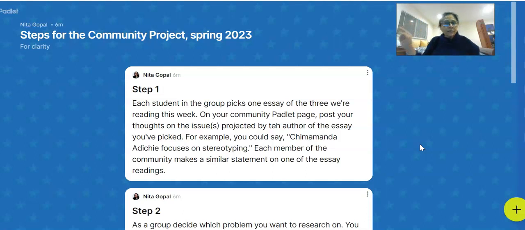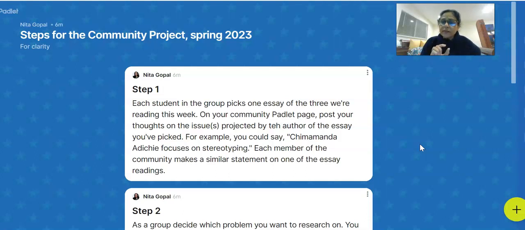Author C focuses on this other problem. So you figure that out. It is your opinion, so you're not doing anything wrong by stating what you think the author is saying in a specific essay.